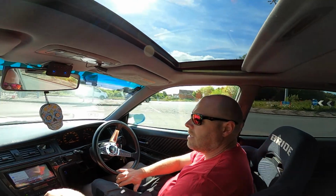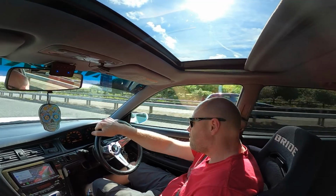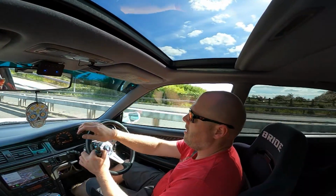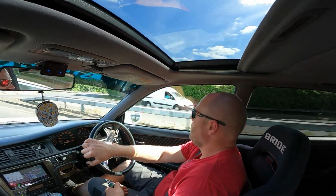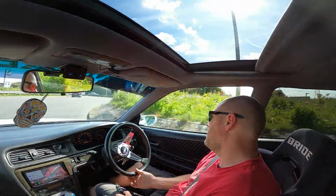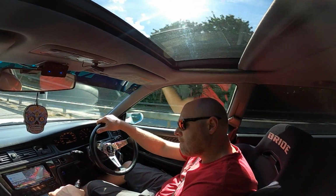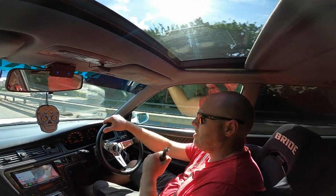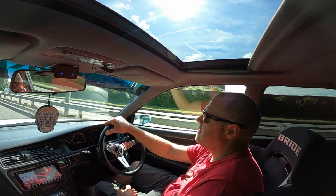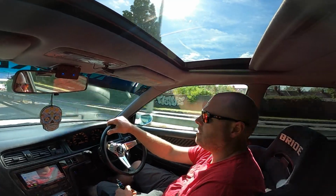So over the next few weeks I will do some more driving, so we can run the engine a bit more, and then sort out things like nipping up the Jubilee clips to get the water correct, so we've got no little drips, no little leaks. Sort out the gear change and change the coil pack so we've got no misfires. But again, that could be down to the electrical issue that I have with the engine,